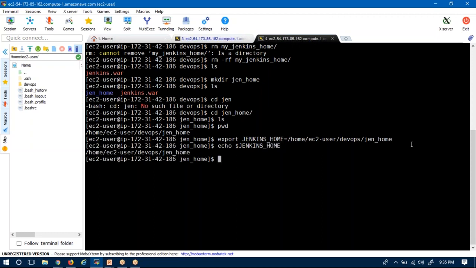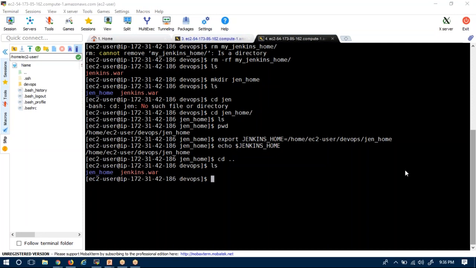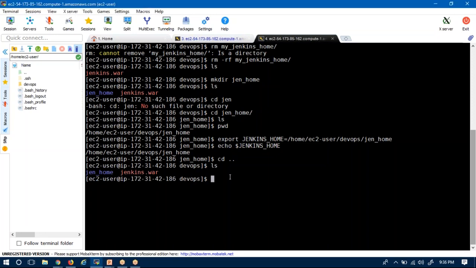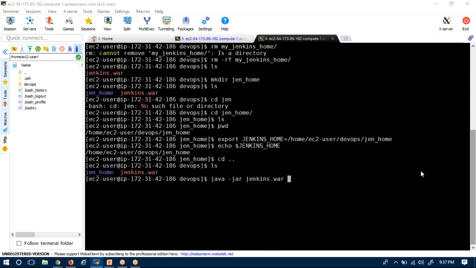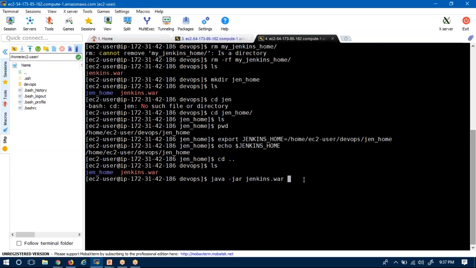Now see, I am having Jenkins.var here. Now just assume at the very first time I am going to start my Jenkins server, but before starting it I want to export your Jenkins home. Now see, I am running my Jenkins with the help of a Java command for the first time. And I will show before starting this.